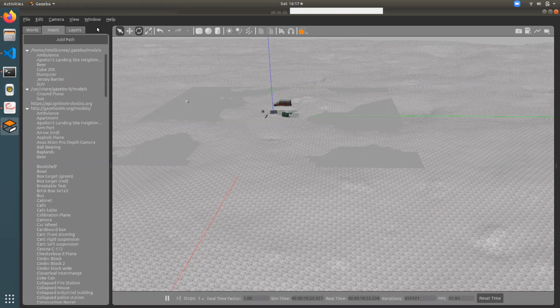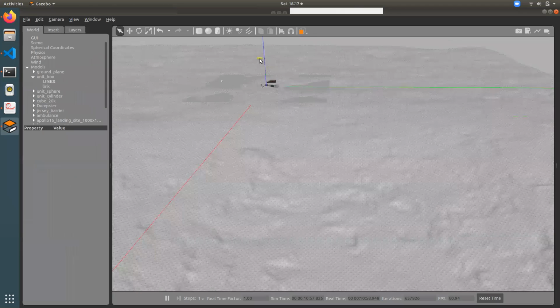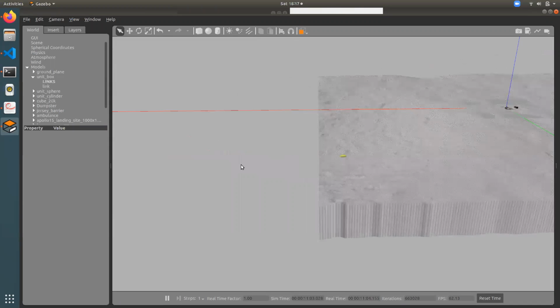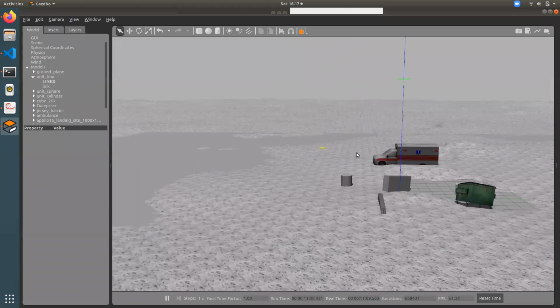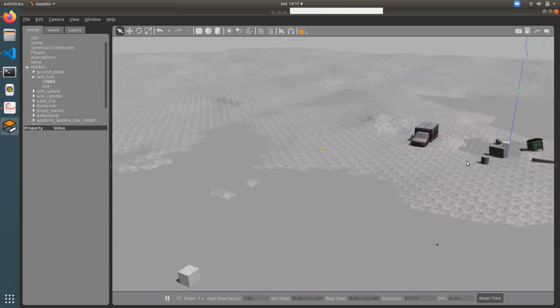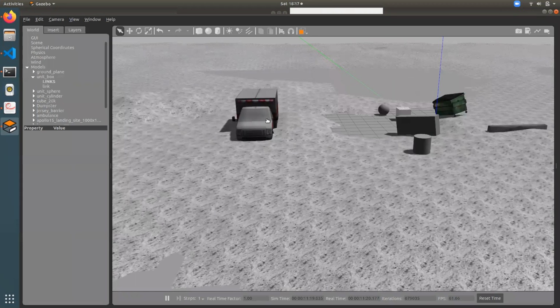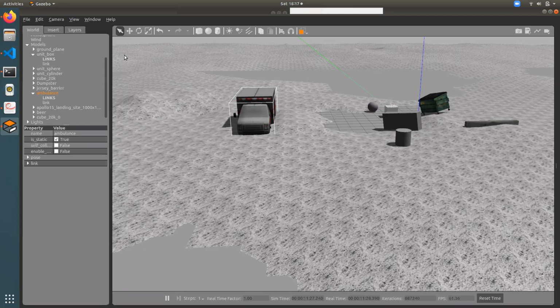Are there any things you want to know about Gazebo or anything we did here? Can we model moving stuff? Say you need to move this one. Currently this is fixed, like there's a hard fix between these two. So you need to create a